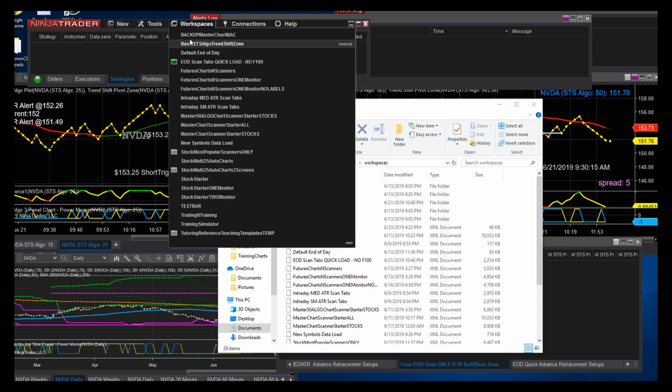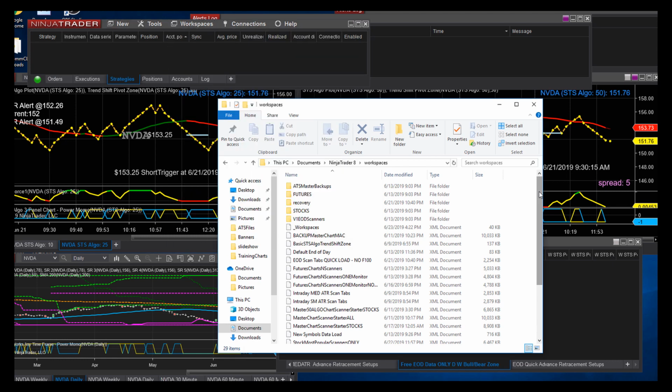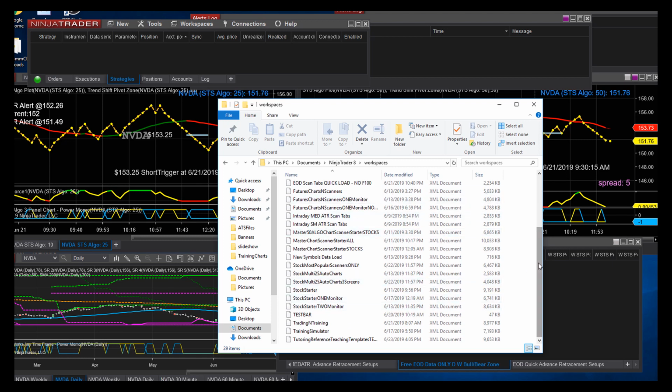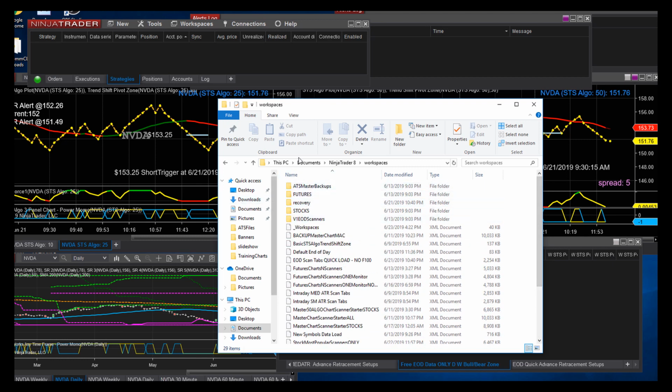Under workspaces, you see this list of workspaces. Workspaces are not like charts that allow you to go inside of folders. I have requested that NinjaTrader do that for us, so we won't have so much stuff in this folder. I've gone down into my documents folder. I've got inside of the Ninja 8 space. I went inside of workspaces, and all these workspaces are what you see in my pull down here and your